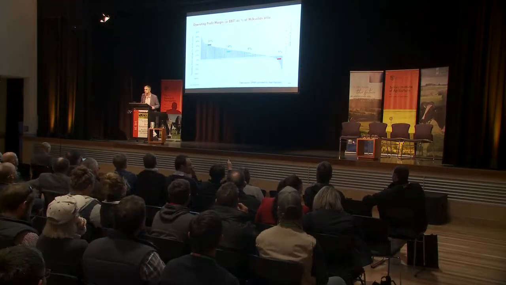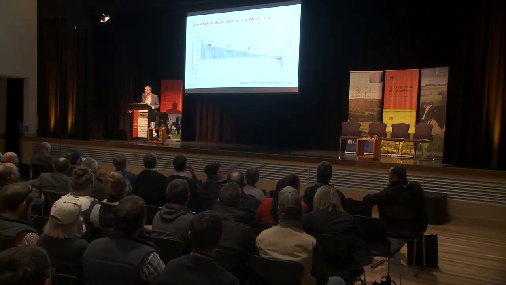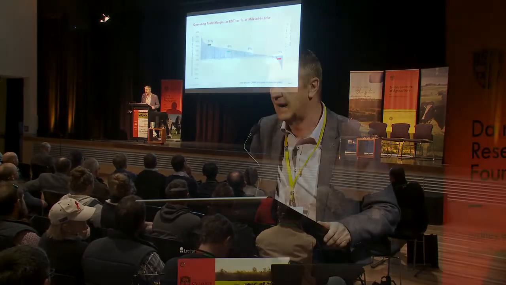And you can see in the graph, these are 220 farms in total. Some farms with data for 3 years, some farms with data for 2 years, some farms with only 1 year of data. But you can see that the spectrum is quite big in terms of profitability. If you divide this into quartiles, on the right-hand side of the graph of your screen, you have a quartile that is losing money, really on average 5% loss in profit. So those farms have to obviously do something quite quickly,